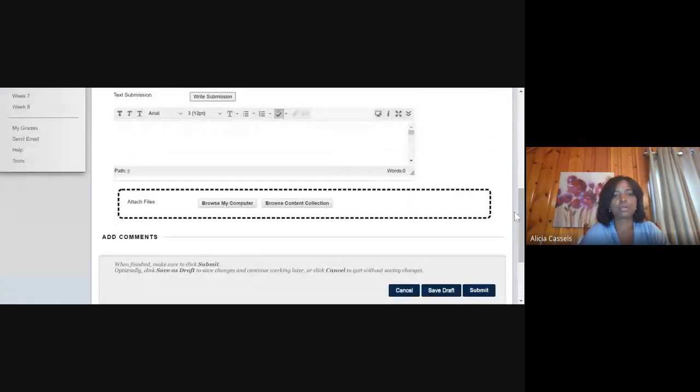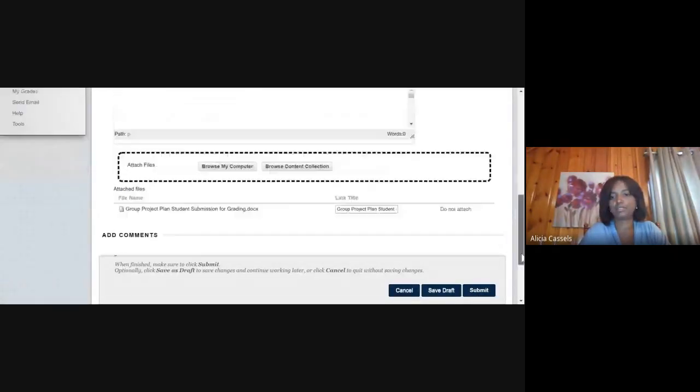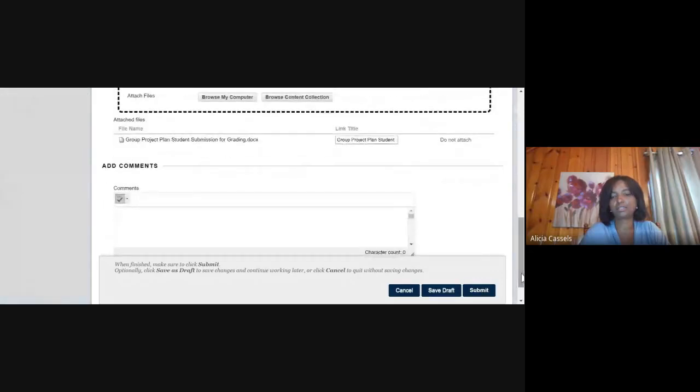So what I'd like to do is click on Browse, and then we'll just go ahead and upload, and submit so that you can see the messages that students get. They also have the option to provide comments down there. But we're going to submit,